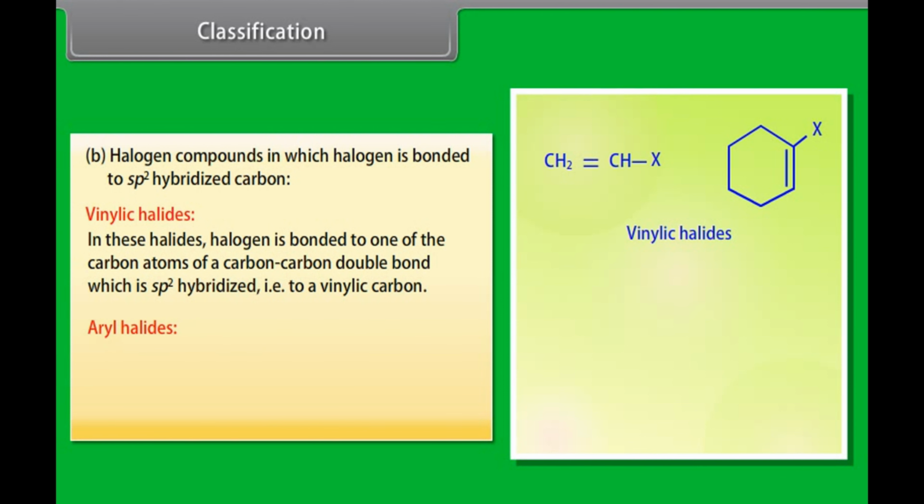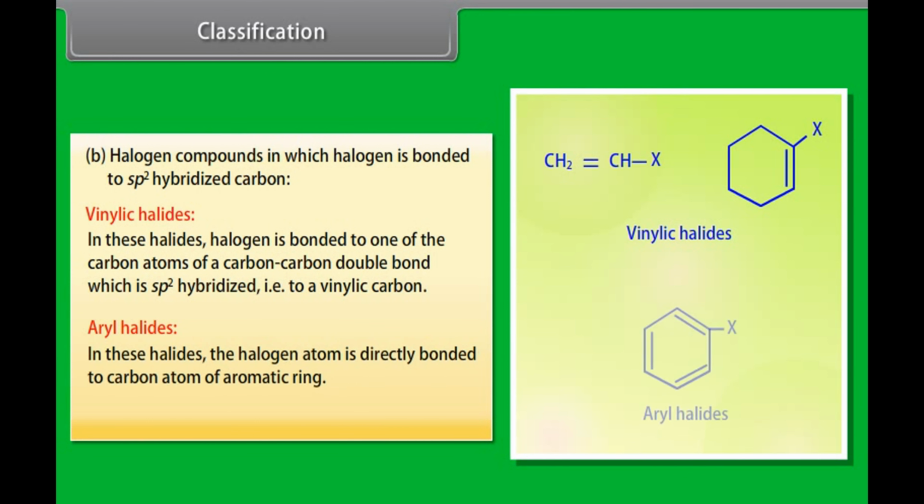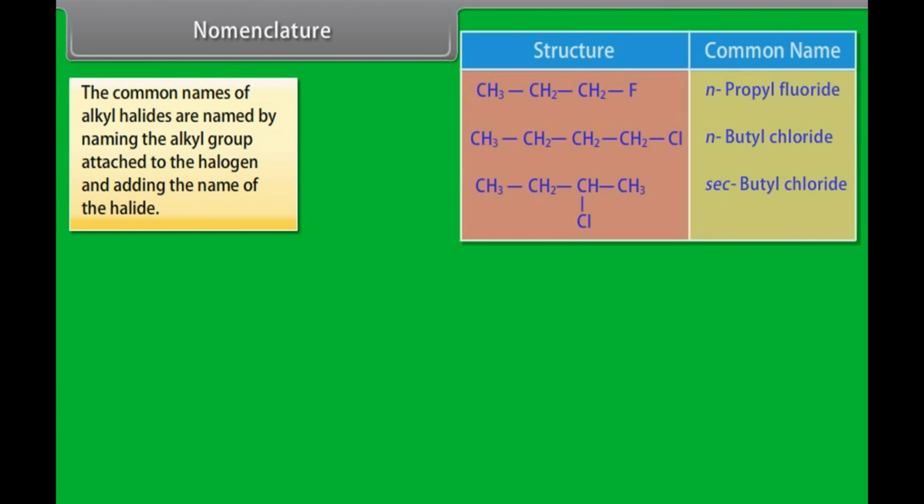Aryl halides. In these halides, the halogen atom is directly bonded to carbon atom of the aromatic ring. For example, halobenzene. Nomenclature. The common names of alkyl halides are named by naming the alkyl group attached to the